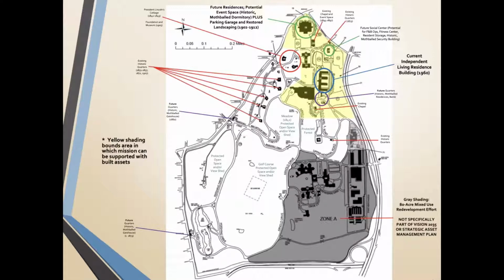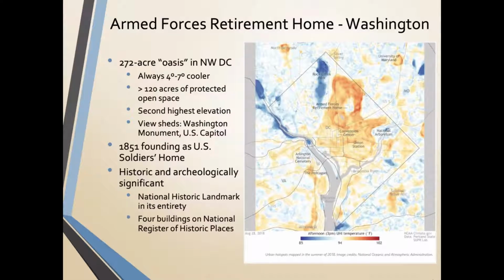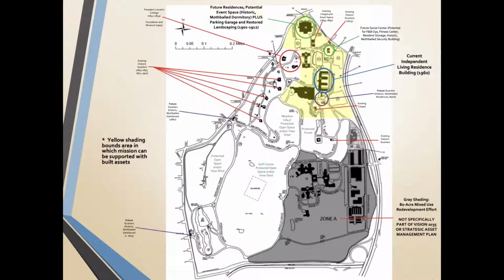I think we've gone to the third slide. The first slide showed a heat map, and it showed that we are even unique within the District of Columbia. We are several degrees cooler, if nothing else. So if you go to the next slide, zooming into the campus, I want to point out that as big as our oasis seems to be, most is not really or readily available for mission execution.